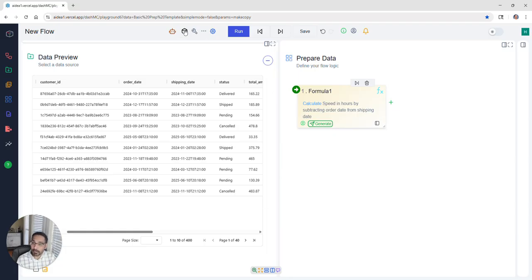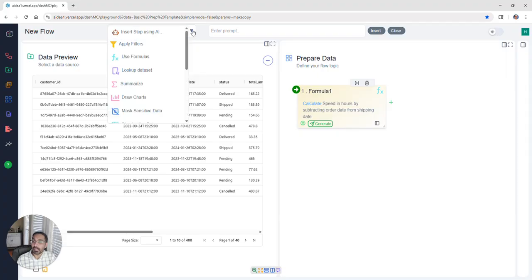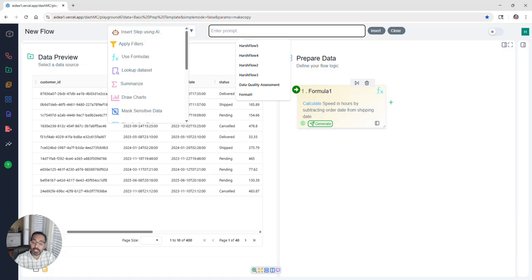Now you might want to add more steps to it. For adding more steps, you can insert a block by clicking this add block, and then you can see all the available blocks. Sometimes you might not know which is the best block for me. Not a problem. You can enter your prompt here. For example, I would say